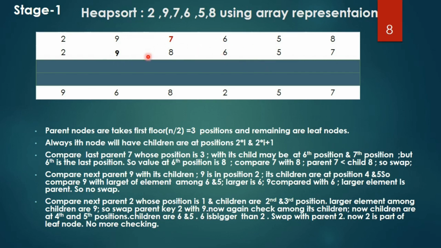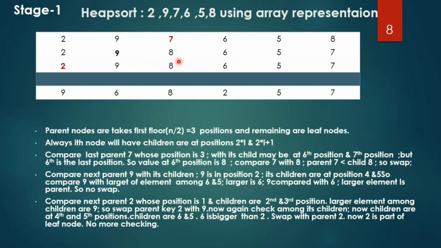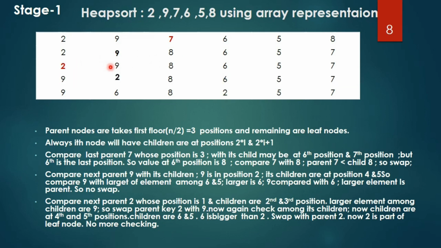6 and 9 are compared. No change required. No swap is required. So you can see the same set of elements in the next position. Now you check with the last parent, that is 2. 2 is at the first position and its children are at second and third position. Among children 9 is bigger, so swap 2 and 9 and you get